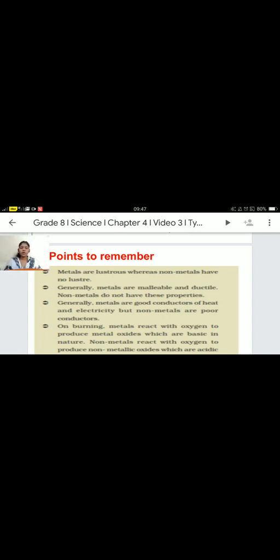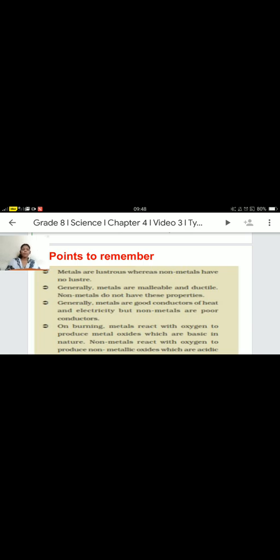Okay, you already know the properties of metals and non-metals. Metalloids means those which carry the properties of both metals as well as non-metals. In the periodic table, or among the 92 elements, most of them are metals. Only a few, less than 20, are non-metals, and a few of them are metalloids. We use both metals as well as non-metals in our everyday life.